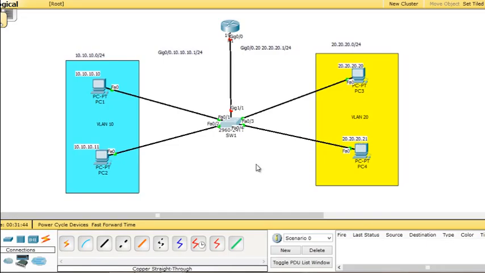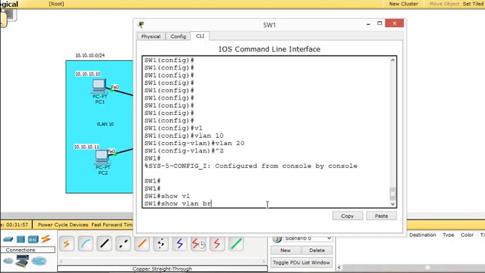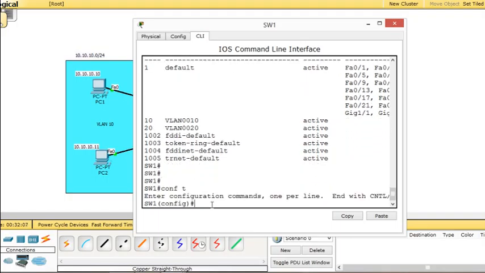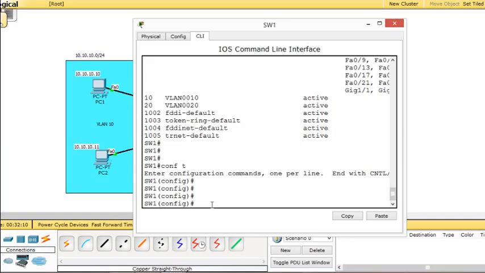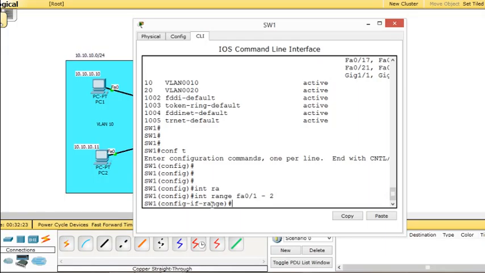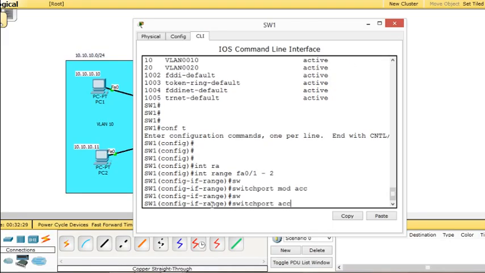Let's start from the switch. Let's create VLANs. Show VLAN brief. Let's see that these VLANs are already created. We have VLAN 10 and 20. Now let's put the corresponding interfaces into the VLANs. Let's do this with the range command. So we put FastEthernet 0/1 and 2 into VLAN 10. Let's put them in mode access, and access VLAN will be 10,